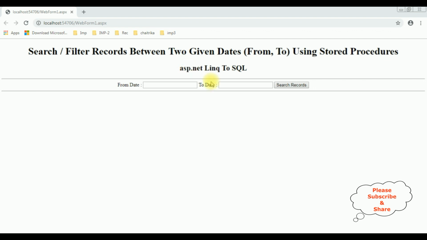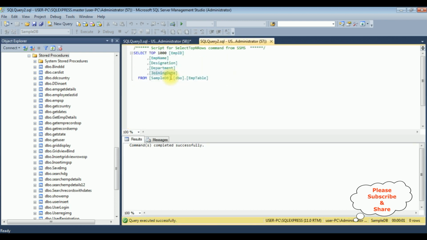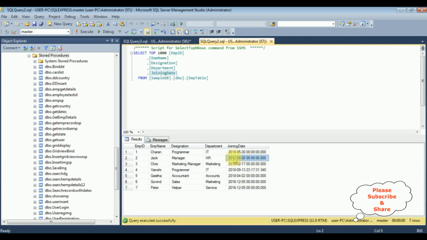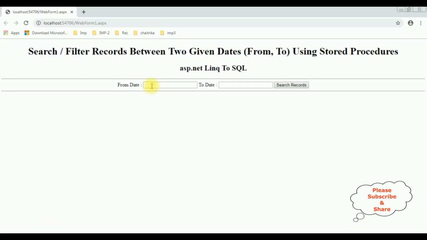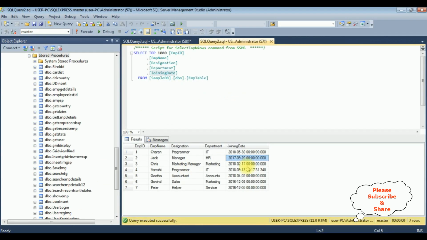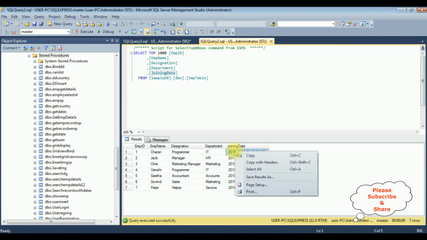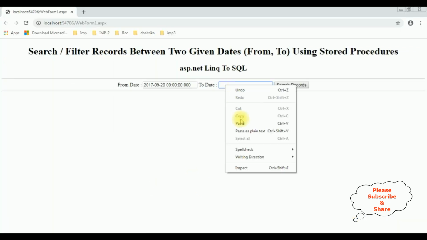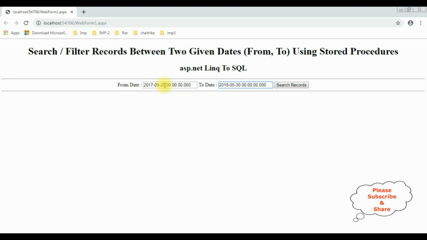We got the header tags, horizontal line, two text box controls, the starting date and ending date, and one button control. Let's enter the date from the EMP table, 2017, copy and paste the date here, and the ending date is 2018-05-30. I'm pasting the ending date. We don't require this time, let's delete that one. Search records,